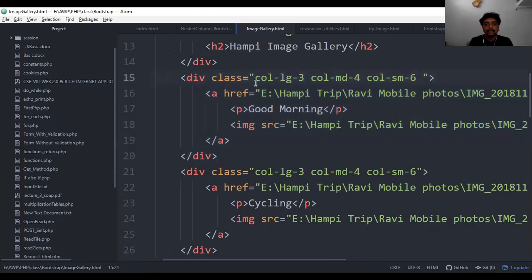Look at here. See, observe each and every line. Why I have written this class is to make it more responsive. Each column is responsive. This is hyperlink. Once I click on the image, it should display the image in a full screen. For that, I use the anchor tag. Then the paragraph is used to display as a caption for the image. Then I have the image source that should be viewed on the thumbnail. How it should be viewed, whether in the circle, or in the rounded, or in the thumbnail. So this is what we have seen in every division.